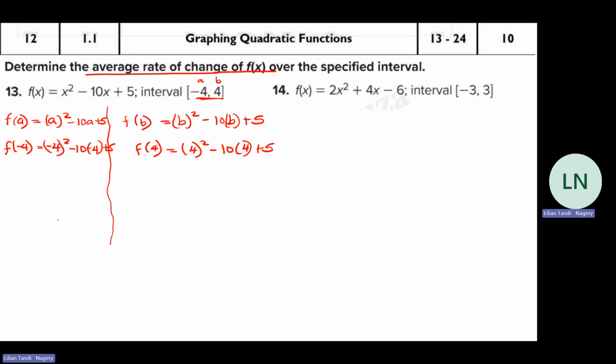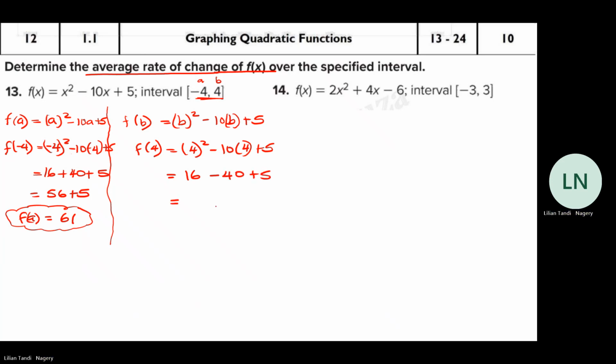Make sure when you're replacing, you use brackets. Must. All right. (-4) squared gives you 16. -10 times -4 gives you +40 plus 5. That gives you 56 plus 5, and f of a is 61. So this is an important value. This is not your answer. This is a value you need. So you repeat the same here. So this is 16, this is -40 plus 5,